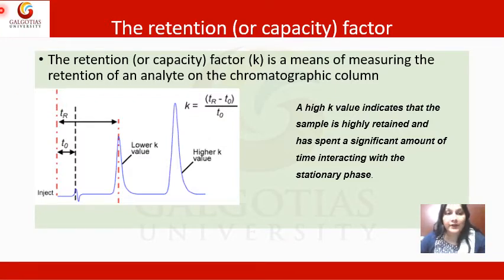Now, as I already told you, we use two types of chromatographic system. One is normal phase chromatography and the second is reverse phase chromatography. In normal phase chromatography, we generally use a non-polar mobile phase relative to the stationary phase. So, in normal phase chromatography, your T naught will be the retention time of hexane, but in reverse phase chromatography, where we are using a highly polar mobile phase and non-polar stationary phase, we will use T naught as the retention time of uracil, that is a highly polar component.